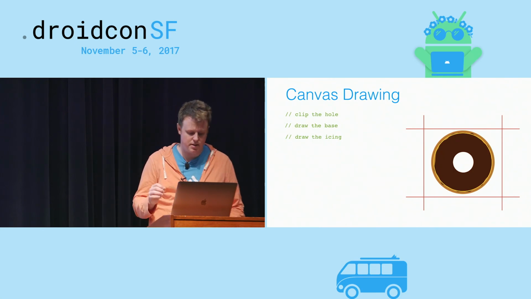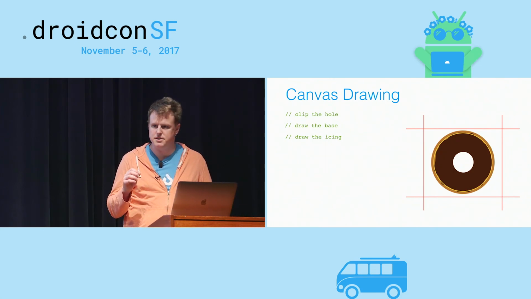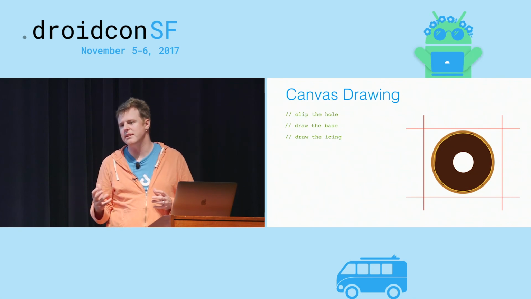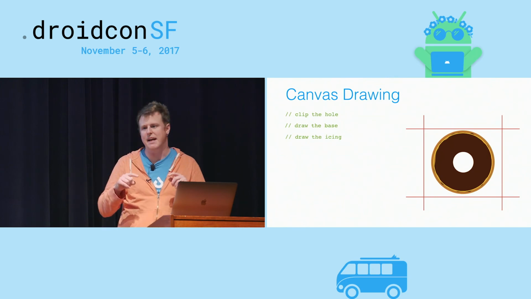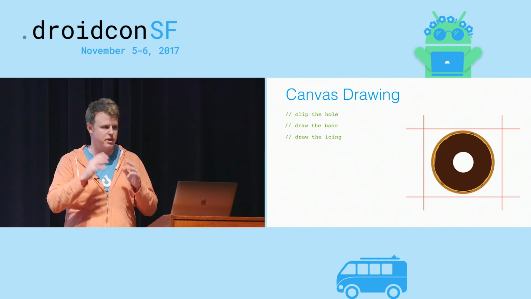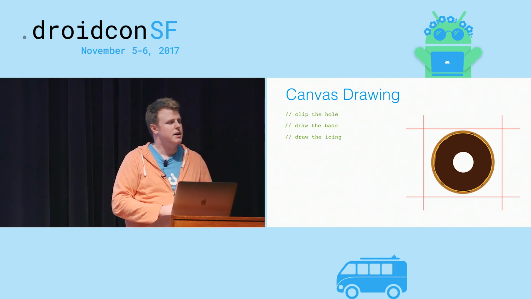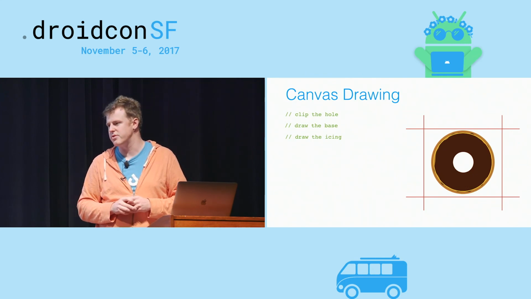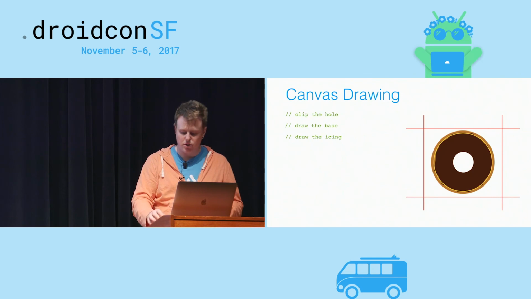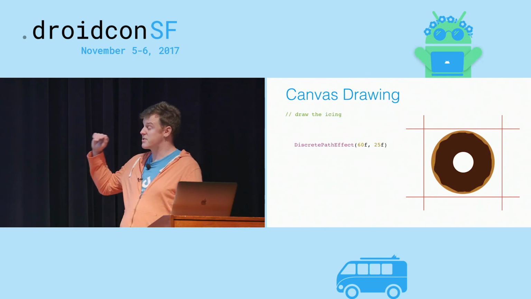So what we can use is a functionality of the paint called path effect. And what path effect allows you to do is take any path, like a circle, rectangle, arbitrary paths or lines, and modify their geometry before they're actually drawn to the screen. So what we're going to use is a couple of these. We're going to use a discrete path effect,